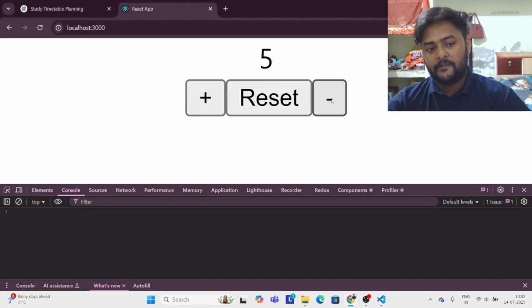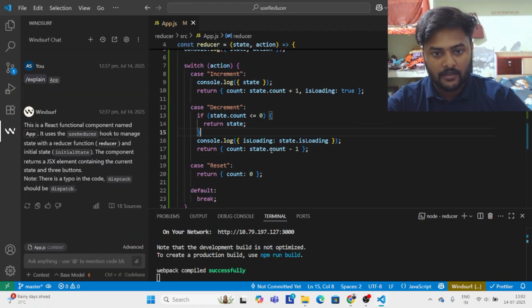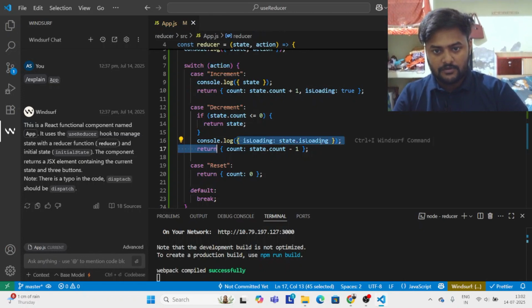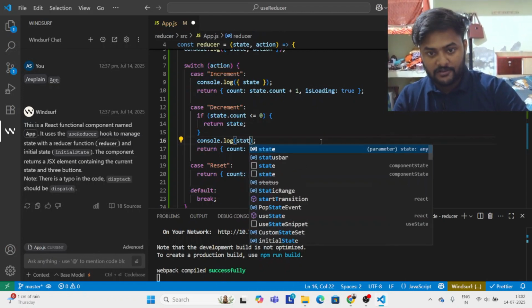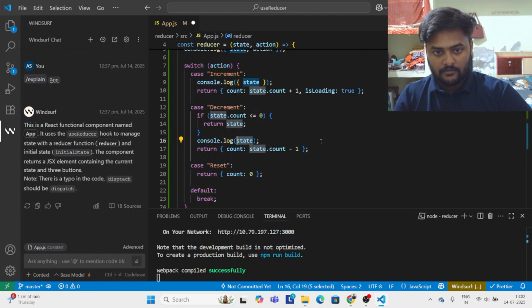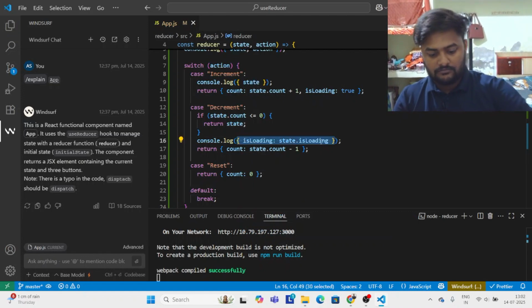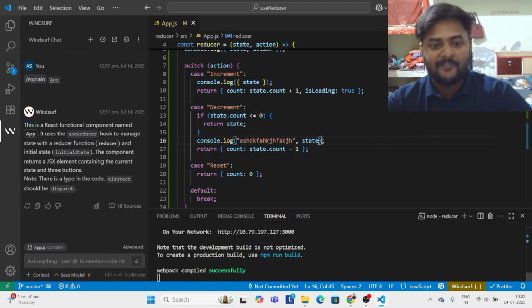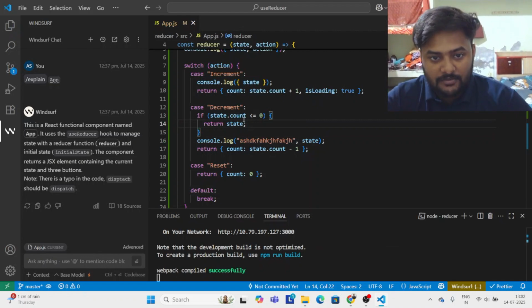अब मैं चाहता हूँ कि डिक्रीमेंट करने पे, जो बेसिकली इस लोडिंग का स्टेट है वो भी आए। उसकी जगह मैं पहले पूरा स्टेट ही लिख देता हूँ ना, ठीक है। लेट्स डू दिस, मैं लिख देता हूँ स्टेट।